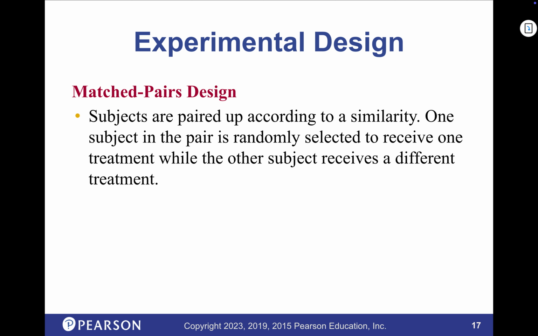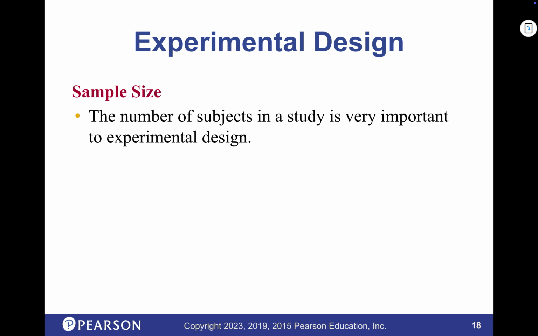Okay. There's also a matched pairs design. Again, this is just kind of giving you a lot of things out there. What you do is you find two people who are very similar, you match them, and then you randomly flip a coin, I guess. You know, one goes to the treatment, one goes to the control. So it's kind of by person, saying, okay, find someone that's as close as we can to this person, and then we'll make one a treatment, one a control. Matched pairs design.